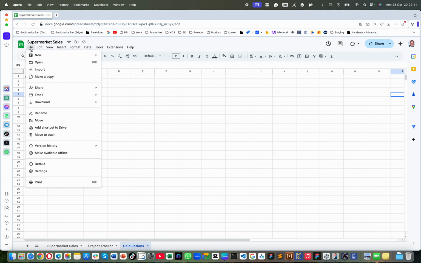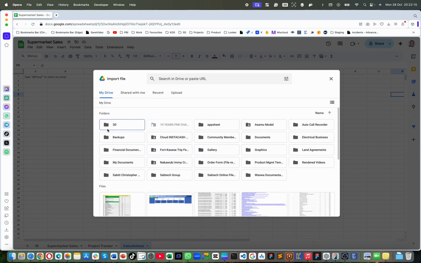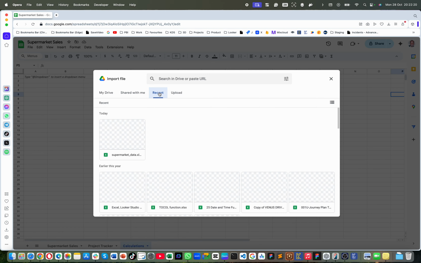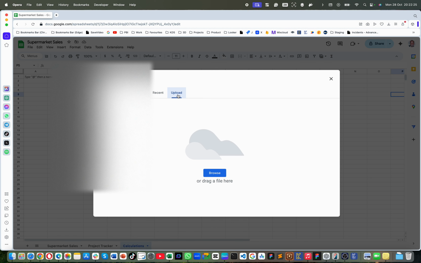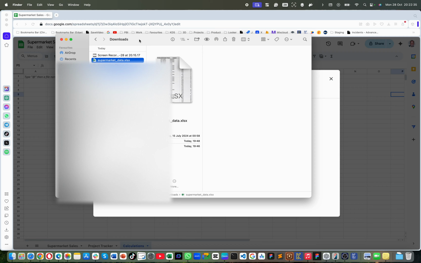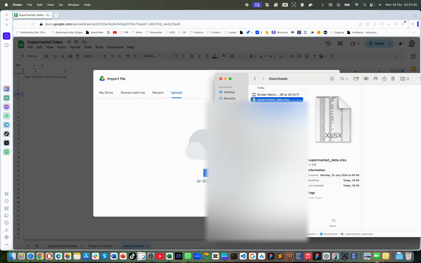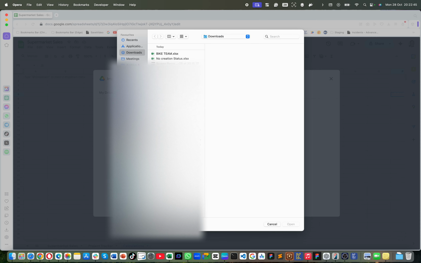First, you go to File, then Import. So on import, if you don't have it in your drive, we have anything shared with you or anything you have opened of recent, which is here. But this time I want to upload this from one of my files in one of the folders. So there are two options. You can open your folder, then you drag and drop your file here. Or there is another option by browsing the same, then you'll also get the same